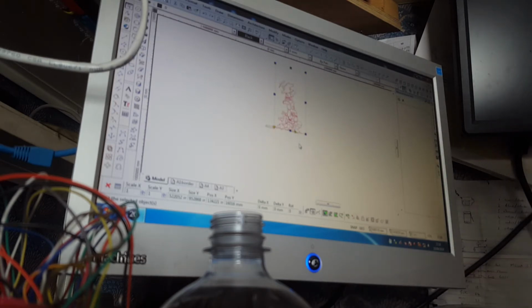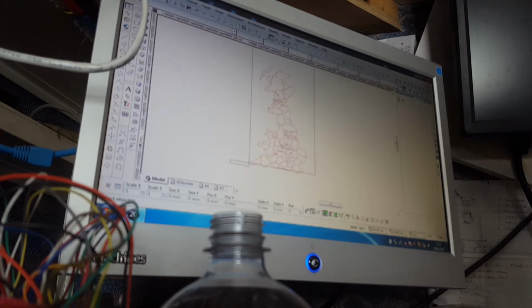Right. So just check that again. 522052, 952868. Right. So I also got the coordinates for Lowestoft. Now that'll be based from the 0 point. So that'll be